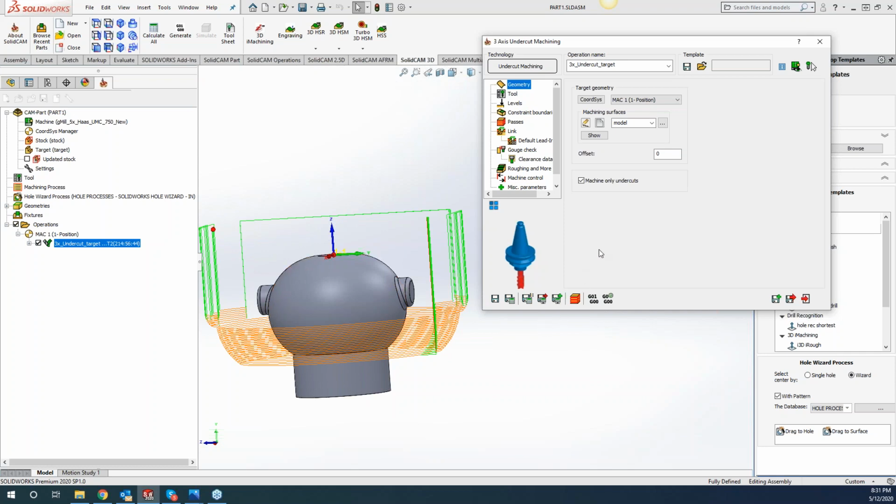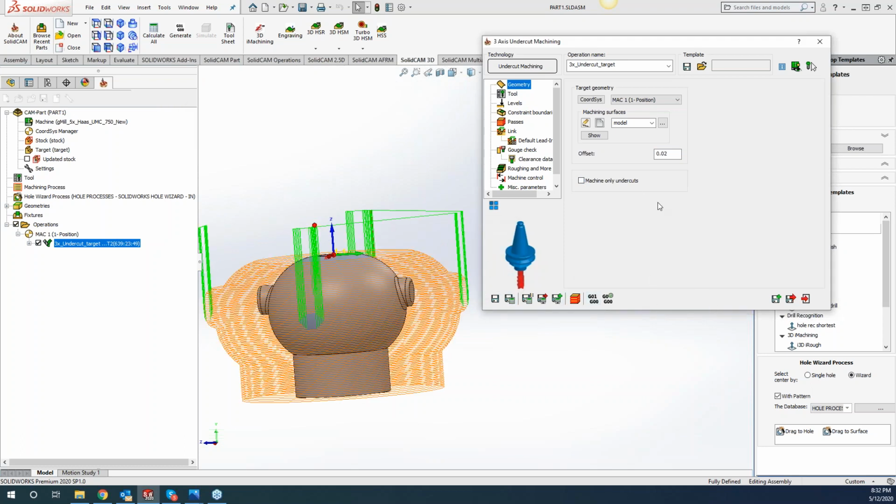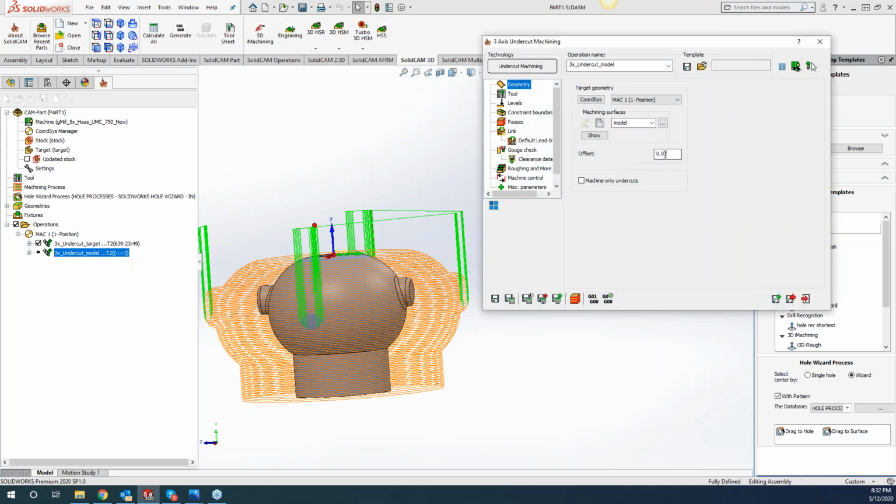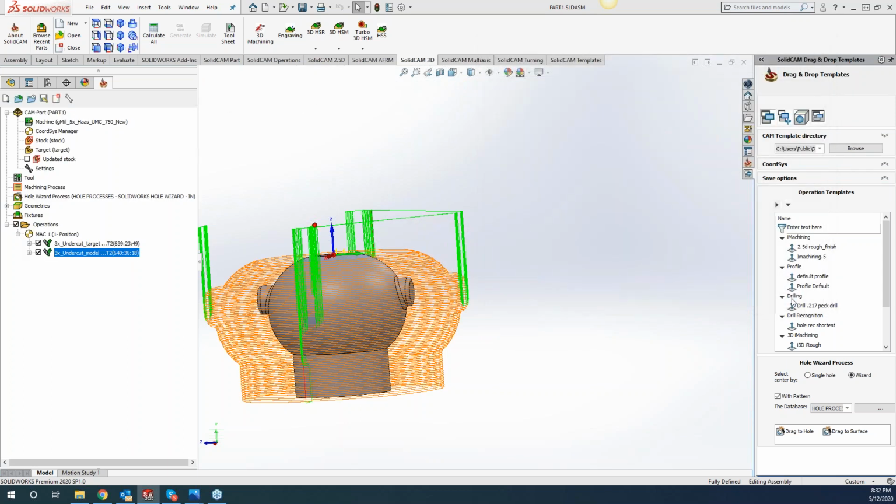And to go back to Jake's point, if we want to do some roughing strategies, we could come in here, offset it, and make just a couple of copies. So maybe on this particular one, we want to do a 20 thou offset. Let's turn off this as well. So there's one operation with a 20 thou offset. We can make a copy and switch this over to a 10 thou. So we've got a rough, semi-finish, and then